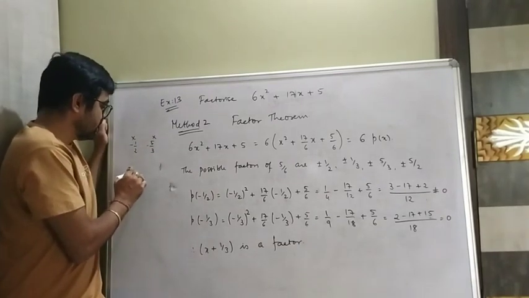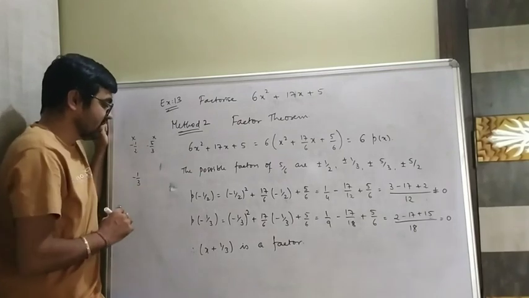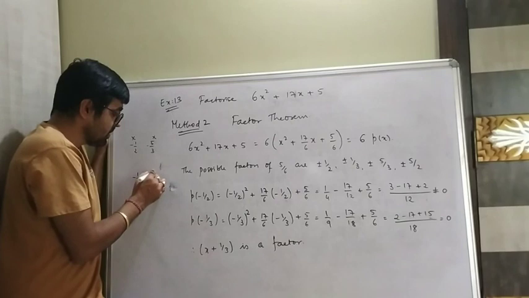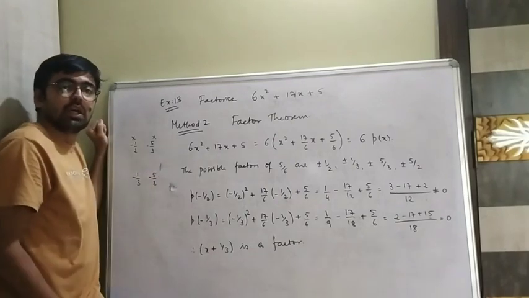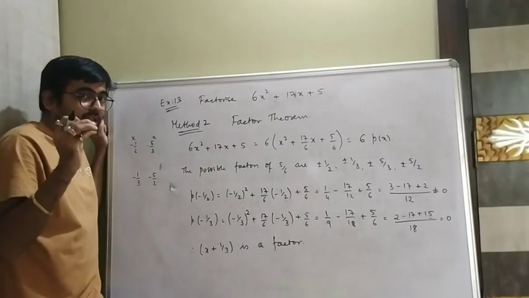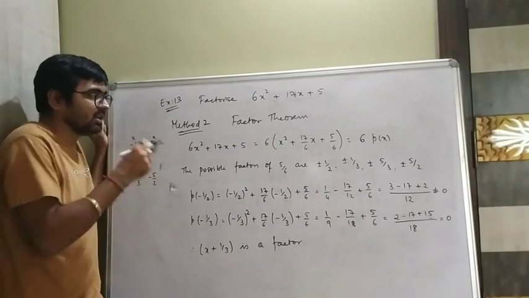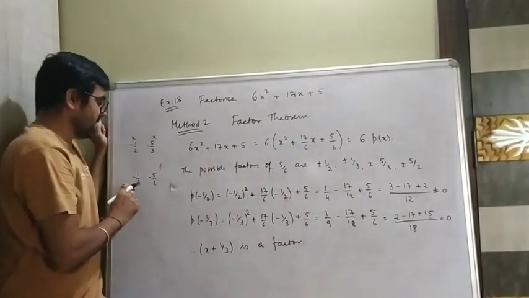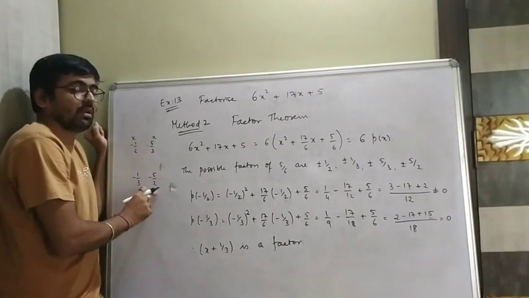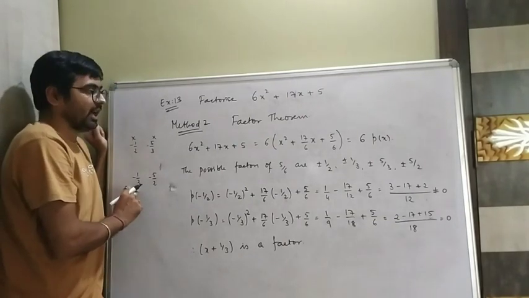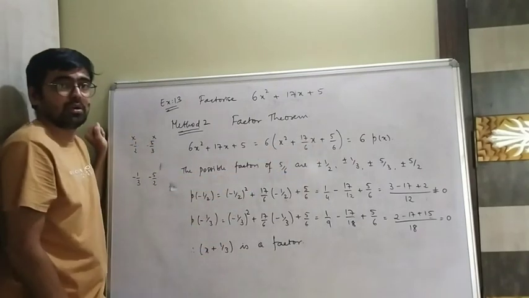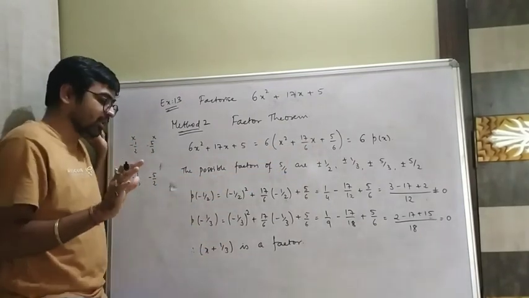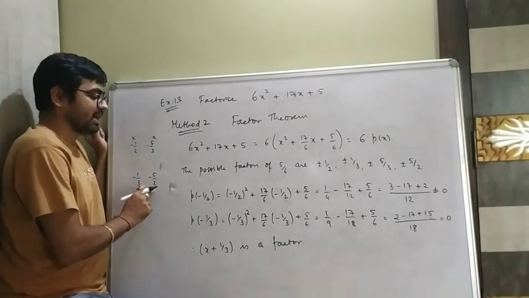Now same way over here, if minus 1 by 3 is a factor, which particular value will satisfy with this one? Minus 5 by 2. See, it's a very common sense. Why I am telling you this? Just think like the splitting one. If you split this 5 by 6, it may come like this, minus 1 by 3 and minus 5 by 2. If both of them are negative, then only their product is going to be positive. If one of them is negative, one positive, their product is not going to be positive. So minus 1 by 3, minus 5 by 2.